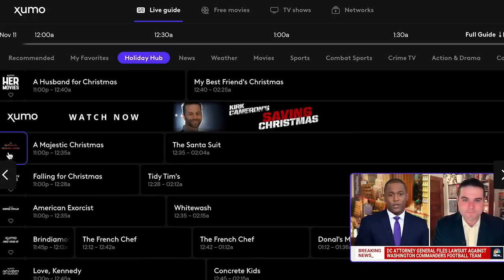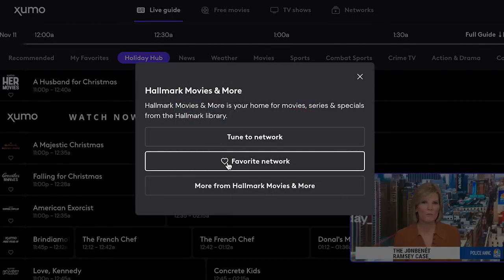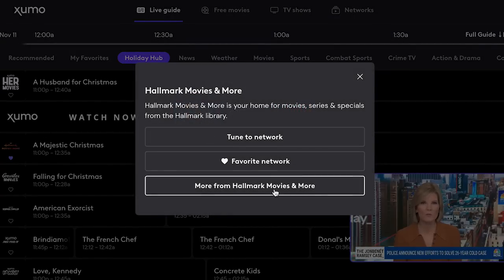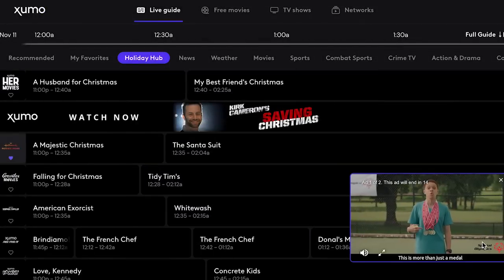Since there are nearly 900 channels of movies, TV, and music on Xumo, having a sub-menu to filter channels by type is very helpful. Clicking on any of those sub-menu categories jumps you to those channels in the guide. You can also favorite channels and networks and then filter your channel guide by favorites to find what you want to watch faster. Channel categories include recommended, my favorites, holiday hub, news, weather, movies, sports, crime TV, action and drama,